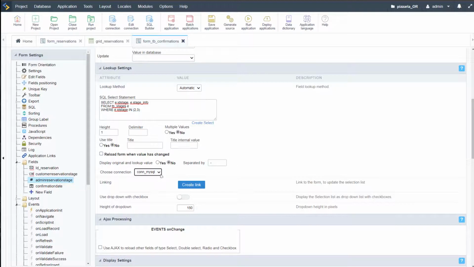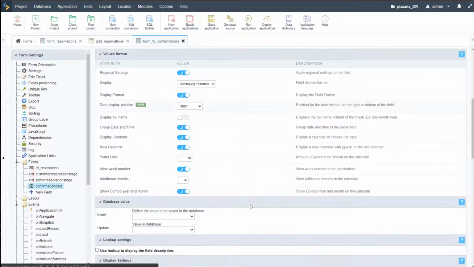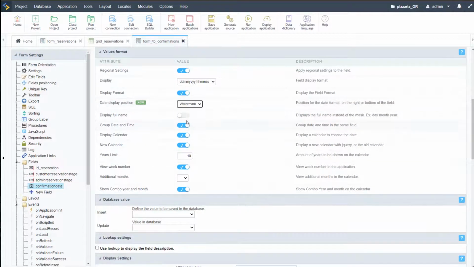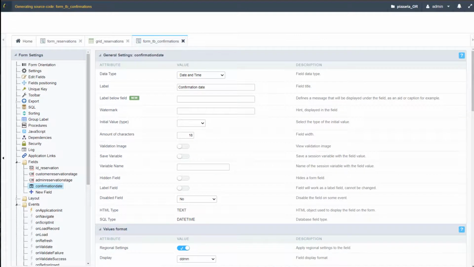Okay, so we need to select, choose a connection again. We can save that, and now here the confirmation date. Let's go ahead and again add here the date position as a watermark, and we don't need to add the hours, minutes, and everything here. So let's just add the day and month, for instance. So if I go run,